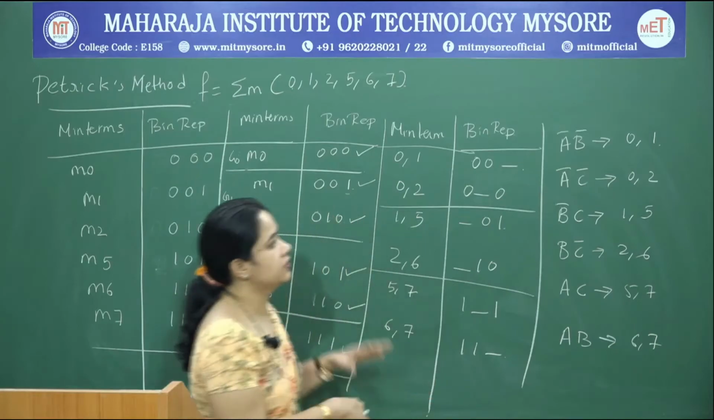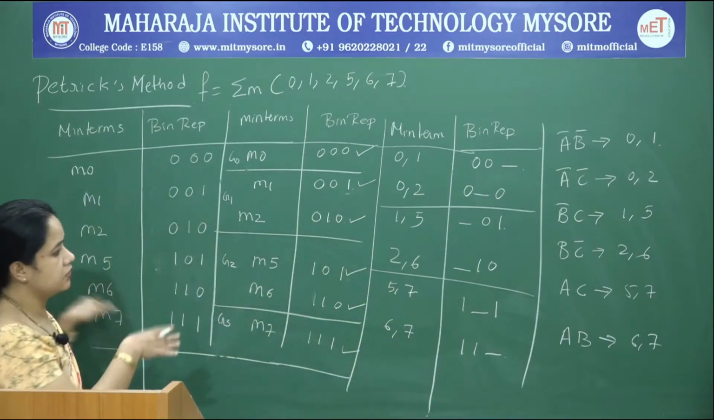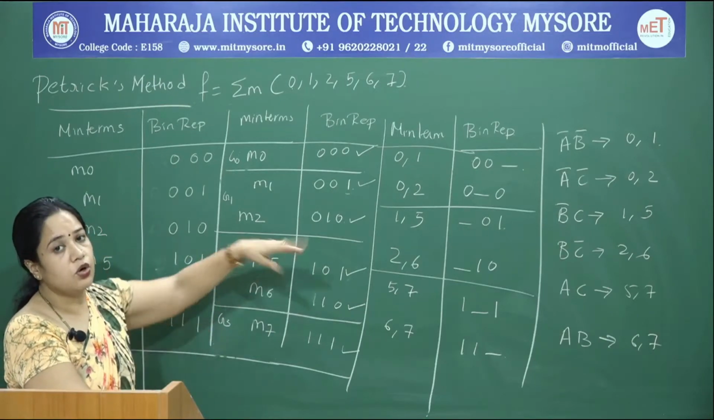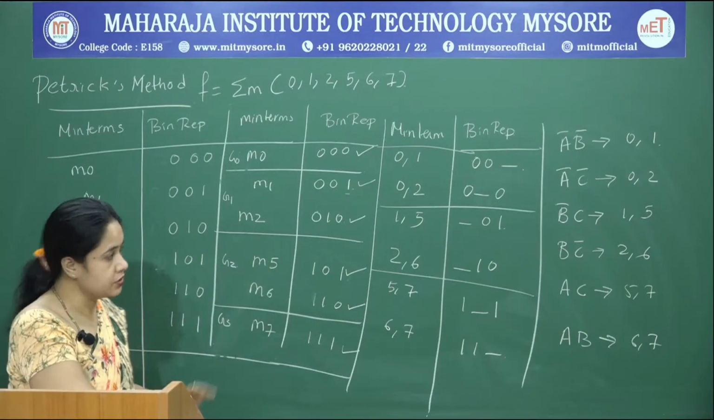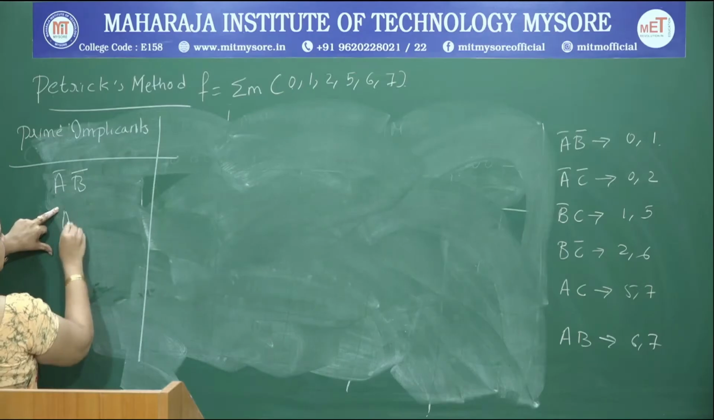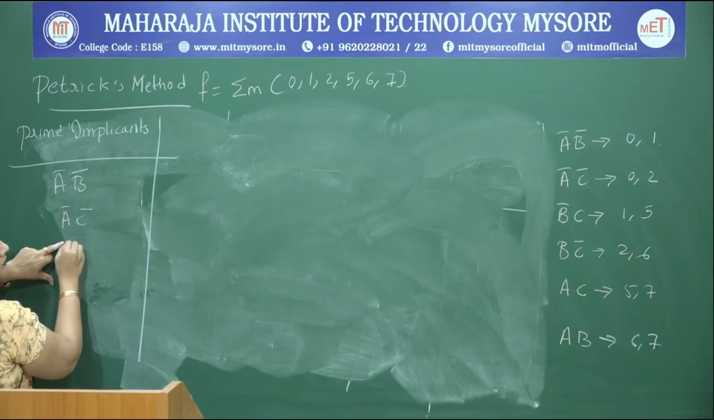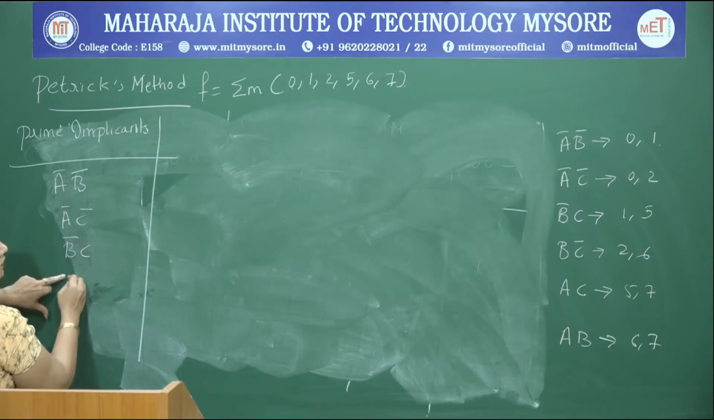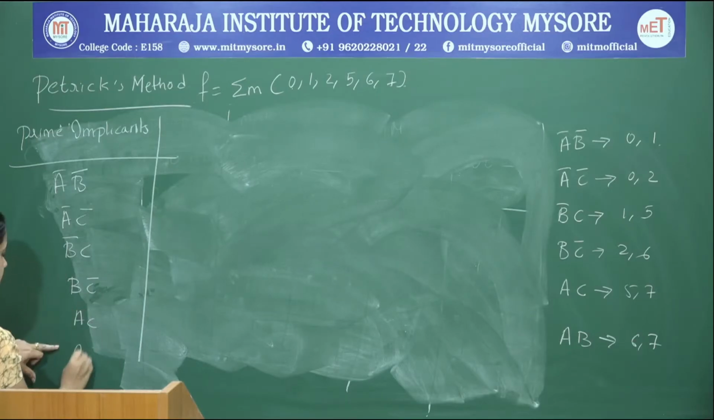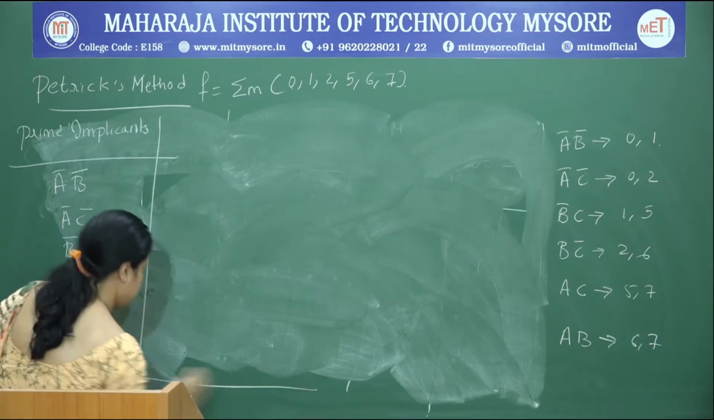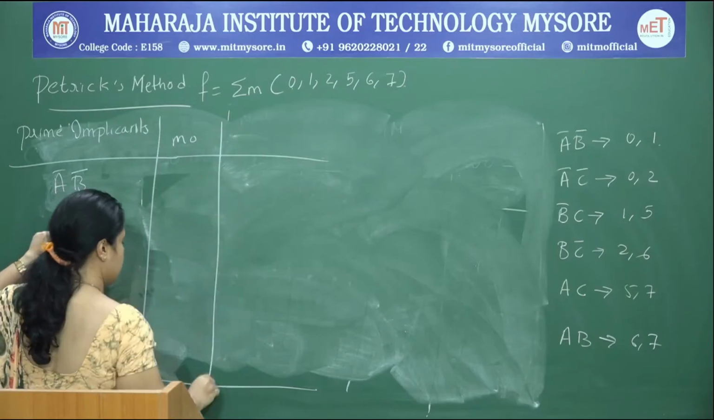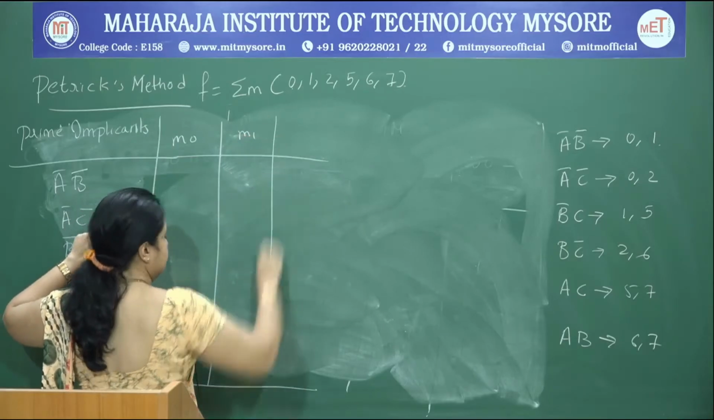So in the normal Quine-McCluskey method, what we do is we again try to write one more tabular column and use a trial and error approach to arrive at all possible solutions. So we will list the prime implicants: A bar, B bar, A bar, C bar, B bar, C, B, C bar, AC. So we will also write all the minterms associated. We have M0, M1,